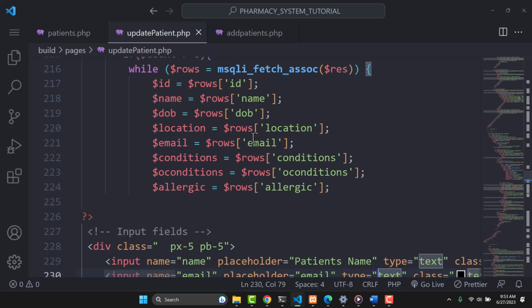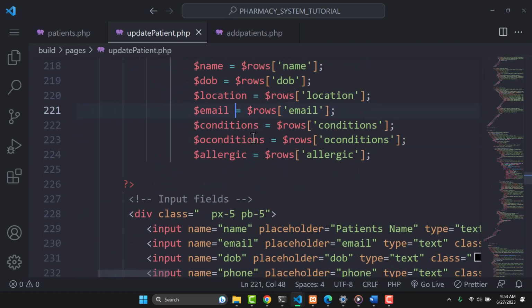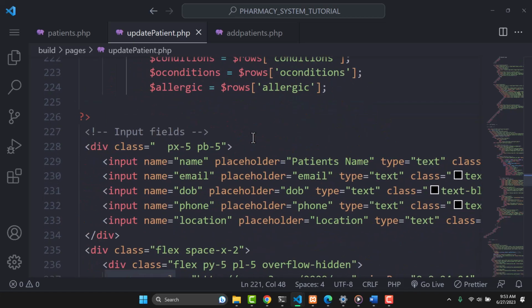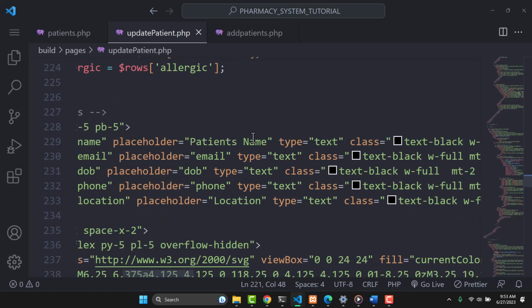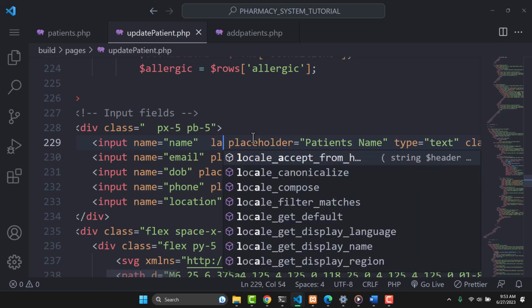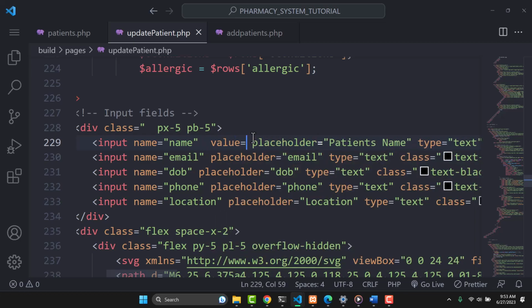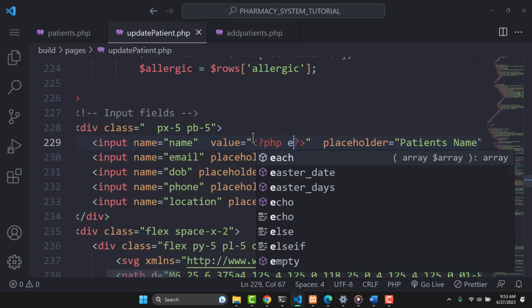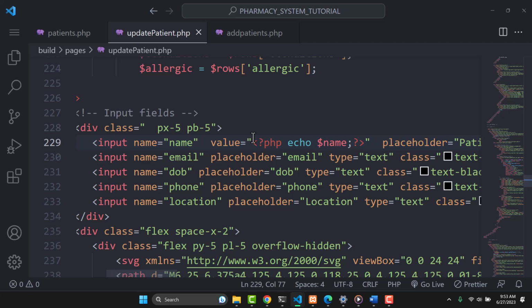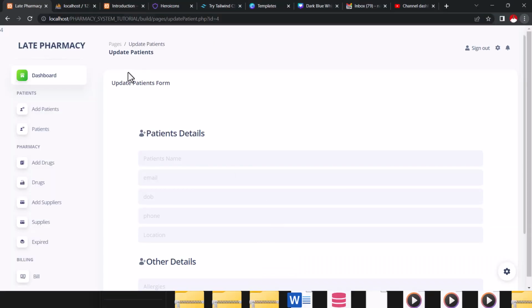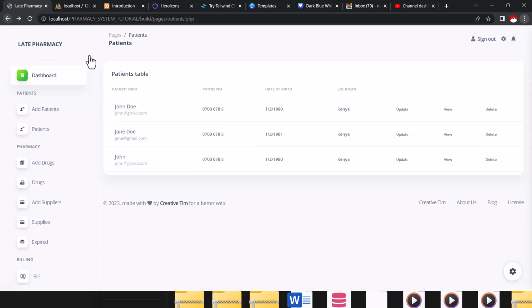Yeah, because this HTML is wrapped within the PHP. So when it is like that, that's how we can incorporate HTML within PHP. Now with that, I can come to one of these input fields, and maybe I can say value equals, and I can now have the PHP, and I can, for example, echo the name. And so if I go back to the browser here,